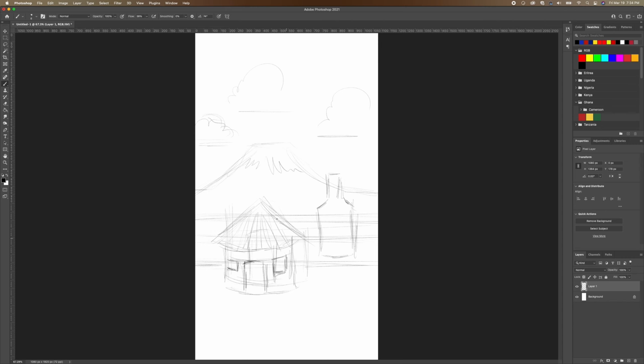So over here, as you see, I'm starting to get a better sense of how the composition of the artwork is going to look like, and in terms of perspective, balance, and just overall how everything is going to look. And the reason why I want to try to make this under 10 minutes, I got like 6 minutes to go,